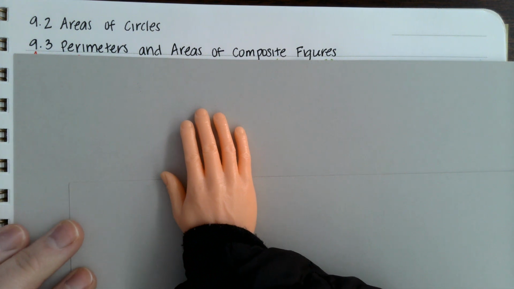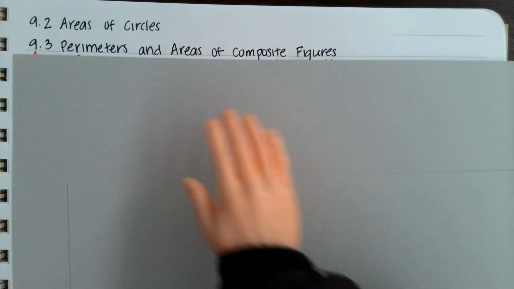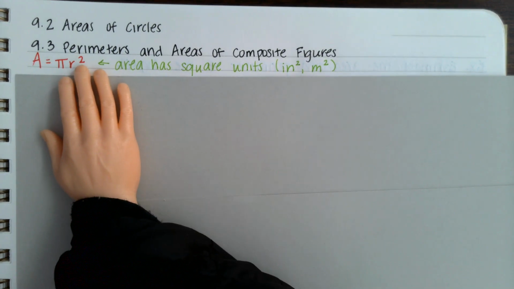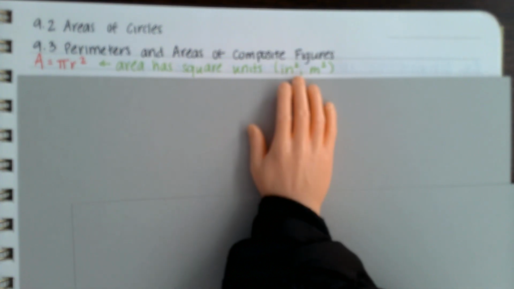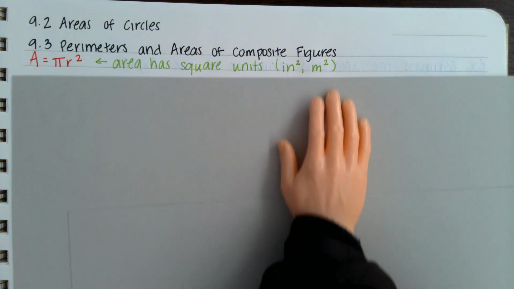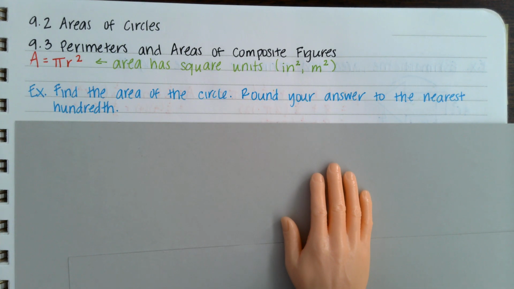This is 9.2, areas of circles, and 9.3, perimeters and areas of composite figures. The area of a circle is pi r squared. And remember that area has square units, which means inches squared or meters squared or whatever other unit you may have. So if we are to find the area of a circle, we're going to round our answer to the